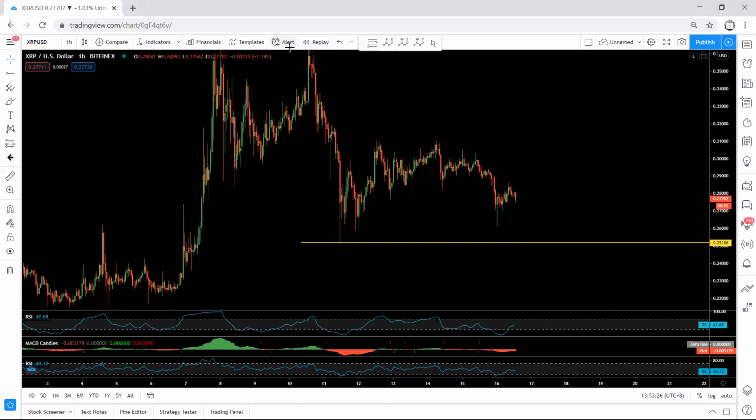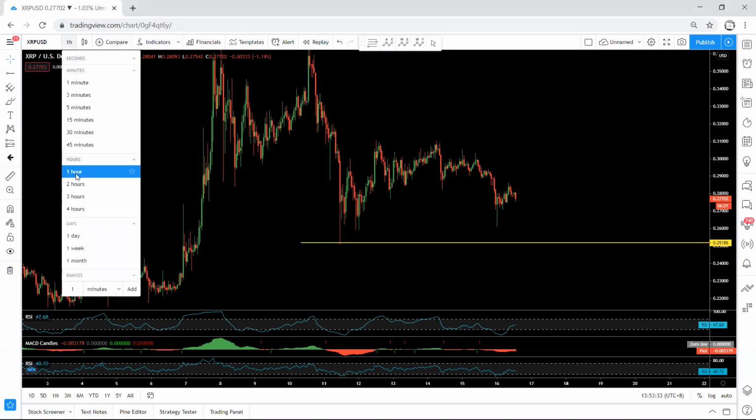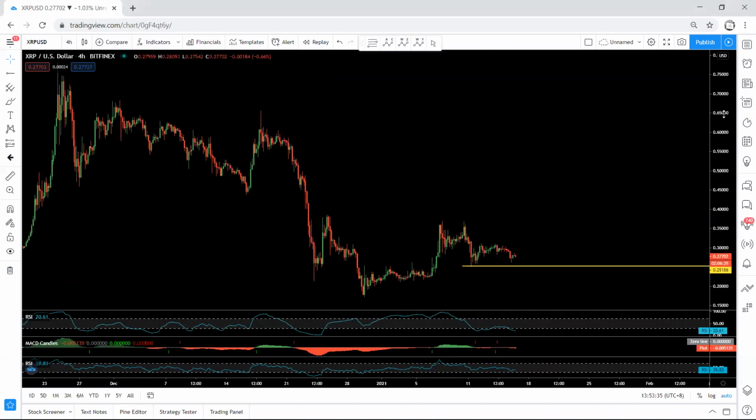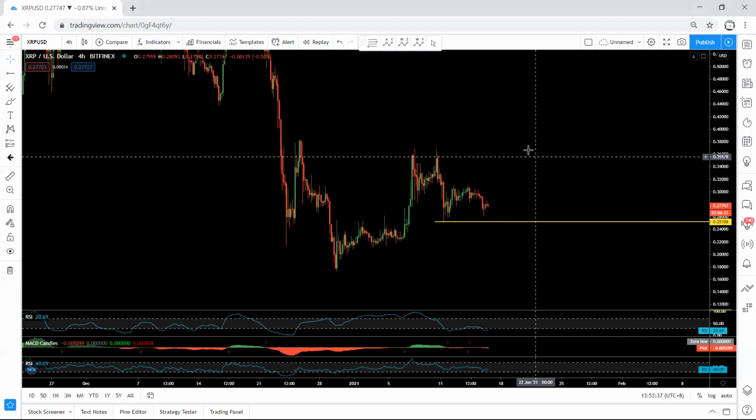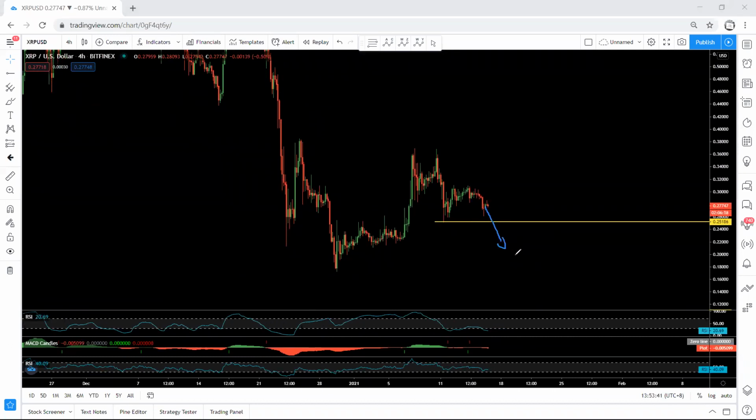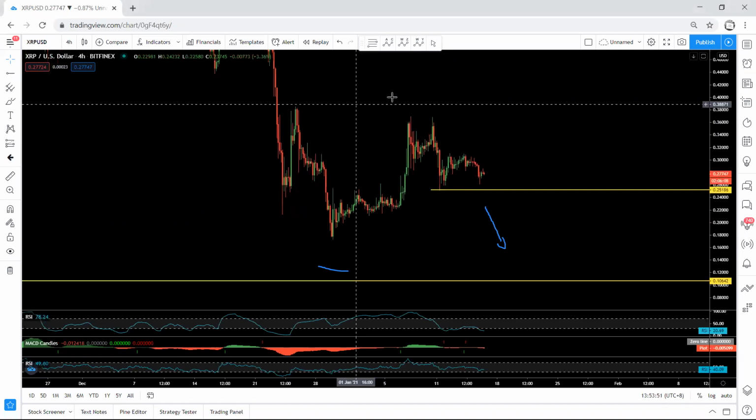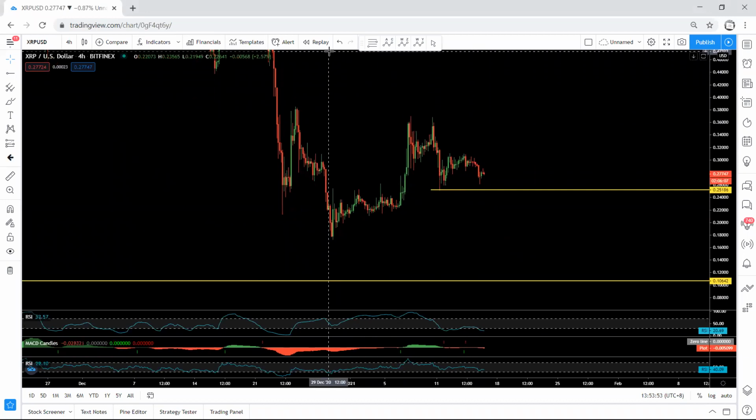How about if the price comes and breaks this trend line? I think it's better I move to the forward chart. How about if the price comes and breaks this trend line and continues and moves lower and lower? If it moves lower and lower, it can give me a better buy setup at the lower price. And if the price breaks this low, then I will need to consider how deep it can go, whether the price still can go to this low or not.